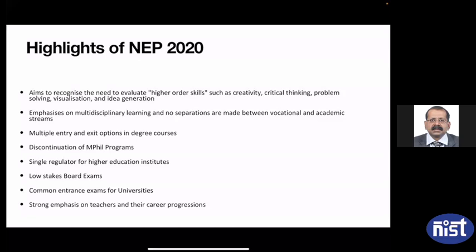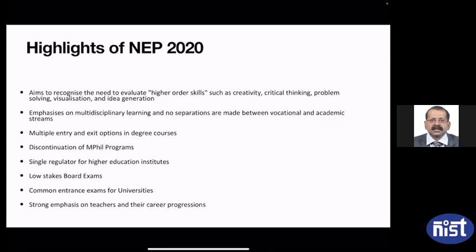There will be a single regulator for higher education institutes. Well, this is what has to take place, and as I will explain, for higher education institutes, but there is a caveat to this. The single regulator means we had UGC, we had AICTE, all these will now be replaced by a single body. But still, there are certain aspects where the other regulators will still stay, and I will focus